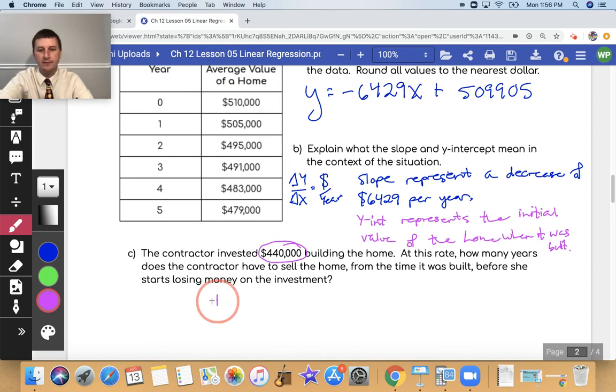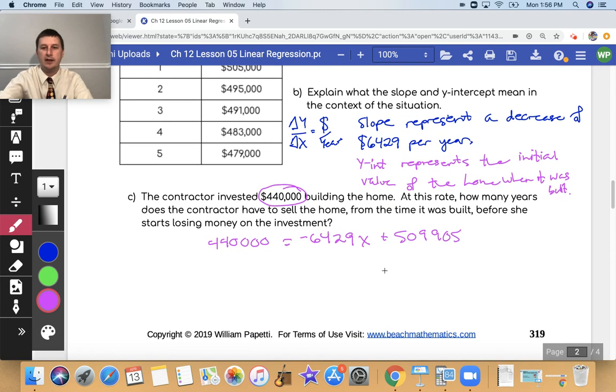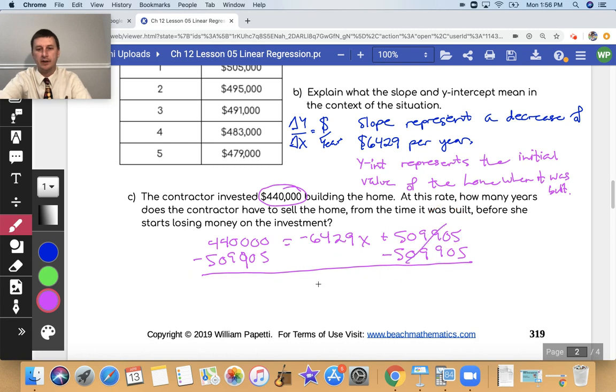So we'll substitute 440,000 in for y into this equation. And we will keep everything exactly the same, negative 6,429x plus 509,905. We're going to solve this couple-step equation right here. I think it's going to be 2 steps, because the first thing we're going to do is subtract the 509,905 from each side. We're going to be left with negative